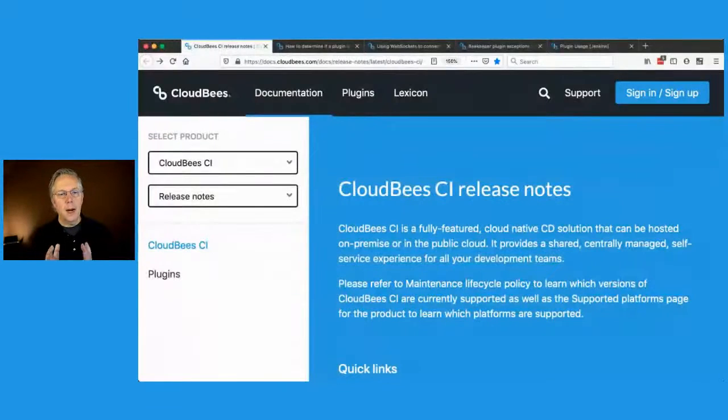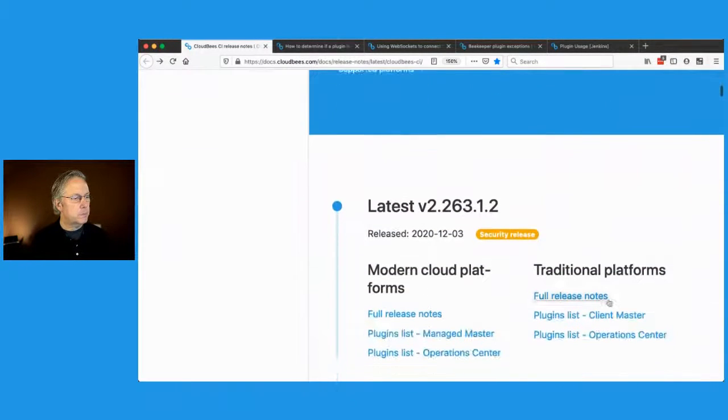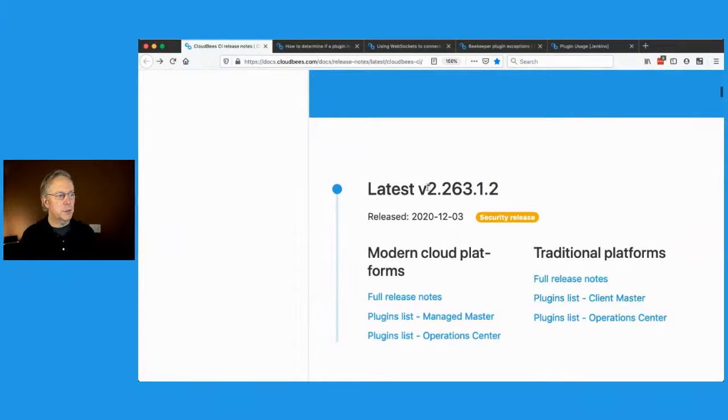2.263.1.2. Now, in case you're not familiar with how CloudBees does the releases, give me a moment to pull up a share here with you. There we go. Our release notes are available on the docs.cloudbees.com site. And right now I'm on the home screen for CloudBees CI release notes. And what I'm going to do is scroll down here just a little bit and go to the top. And you can see that here is the release